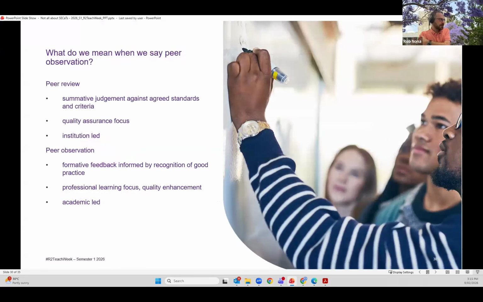Thank you. And we think about peer review as more of a summative judgment, whereas in this particular case, we think of our peer observation processes as a formative idea. It's around recognition of good practice alongside having a professional learning focus, which is the collegial part of that process. And it's also led by the academic.